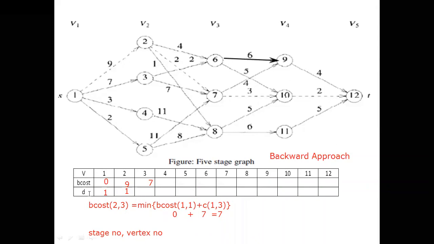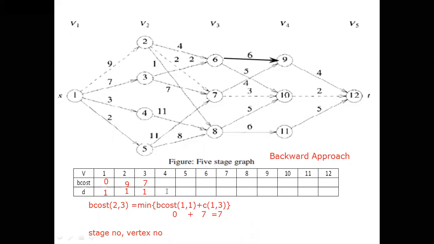What is the D value? For the 3, from which vertex is it coming? It is nothing but 1. What I should write here is 1. Right? Again I will adjust this 7 and 1 also. I hope it's clear. And what is the value for 4 that will come? 4 will come as 3 and 5 will come as 2 only. Those 2 values I will update here.